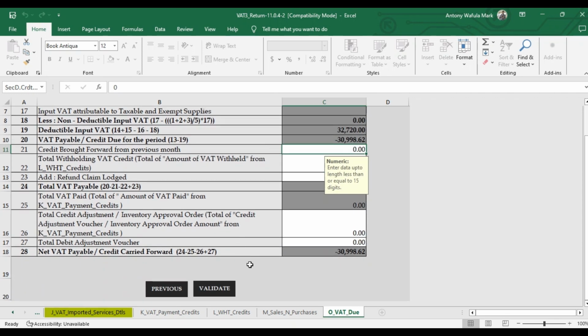And then you can go ahead. You see now this negative value here, negative 30,000, means that this is the amount you owe KRA. You're supposed to pay KRA 30,998.62 Kenya shillings. When you click on validate,